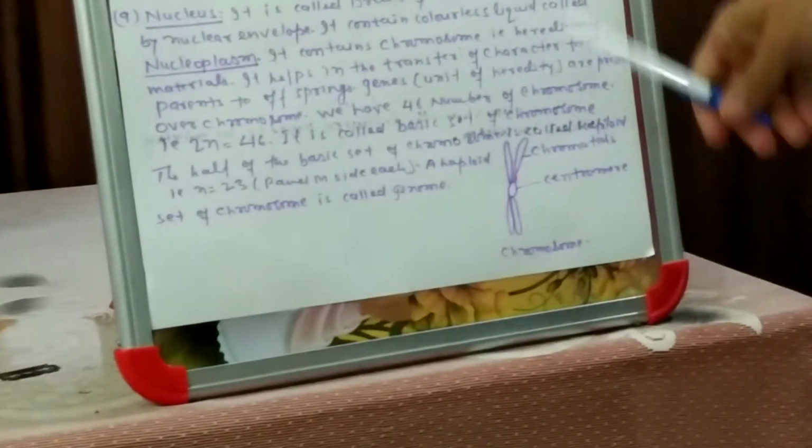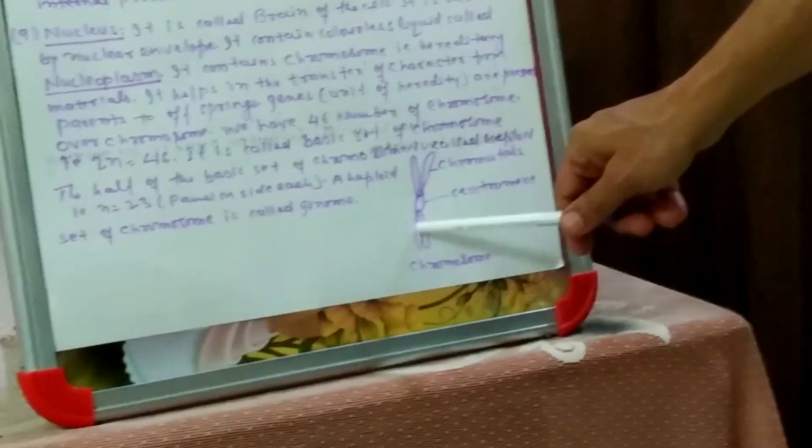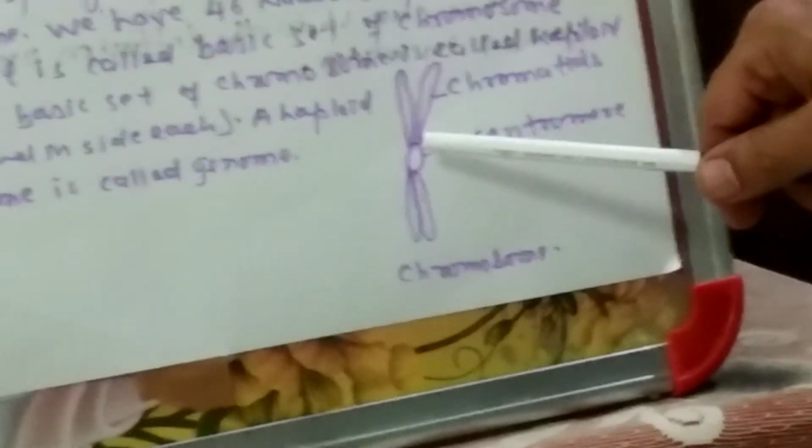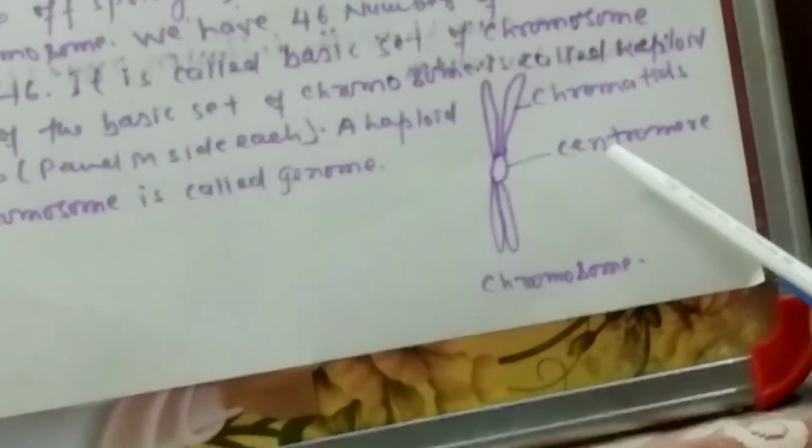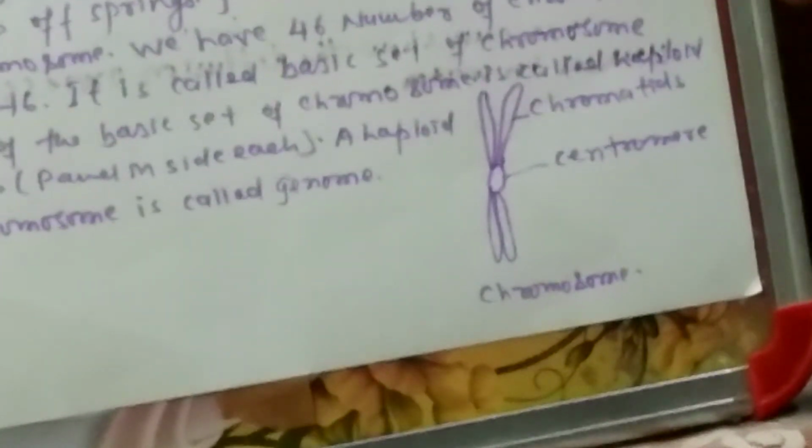Okay. Now if we look at the structure of the chromosome, this is the structure of the chromosome present in the nucleus of the cell. This chromosome contains the centromere in the center, and from this centromere two arms arise, upward and downward, known as the arms of the chromosome. If you divide this chromosome longitudinally from upward to downward, it becomes chromatids. So this is a chromatid, this is a chromatid, and this is also called a chromatid. And the chromatid and centromere play an important role in the process of cell division.